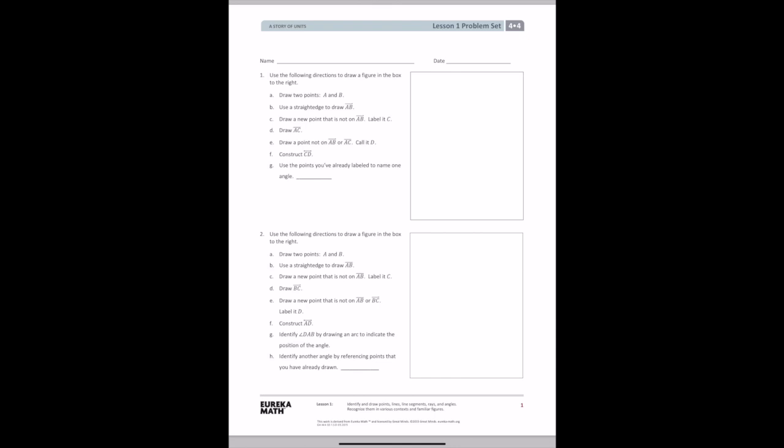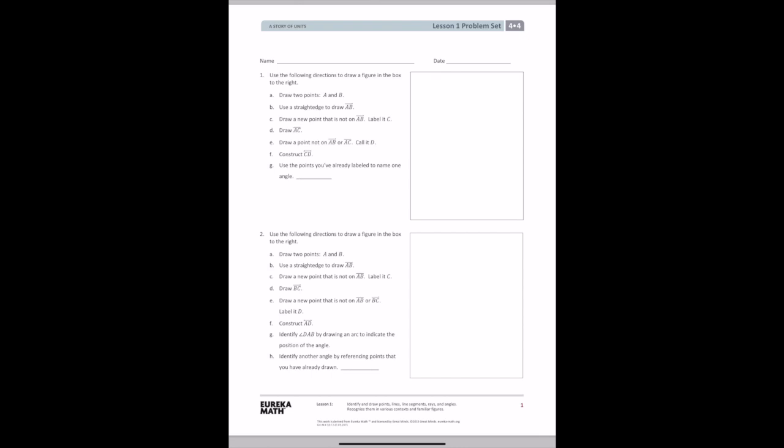So the first question asks, use the following direction to draw a figure in the box to the right. Do you remember when I said the read, draw, write method, RDW? Well, a lot of it's going to be emphasizing the drawing part as we look at some of these new concepts related to